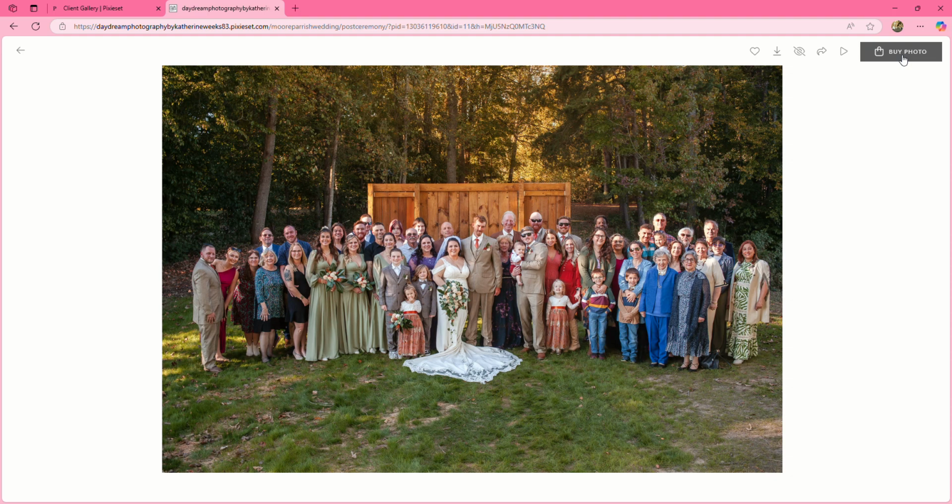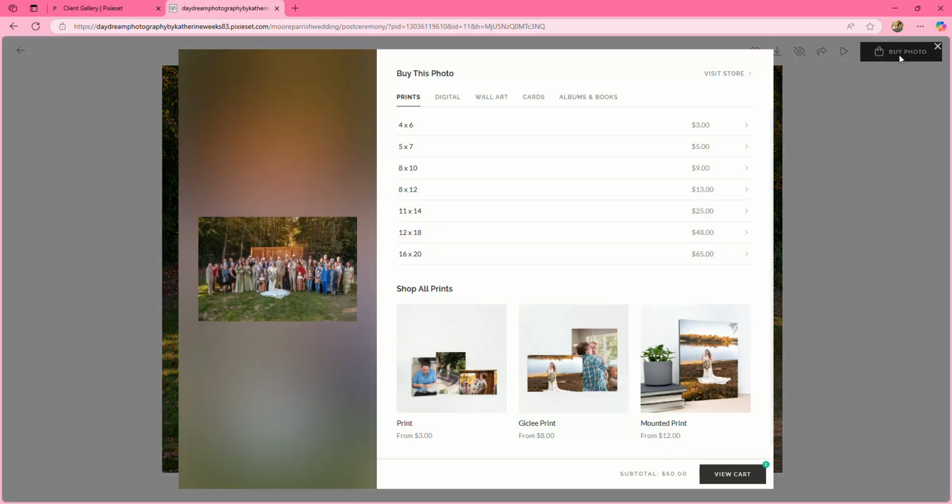So always make sure you are getting the images that you absolutely want. Then you come over here to buy a photo, and we've got a couple of different things to show you. First, we're going to show you a regular print. This is just a regular printed photograph. When I take a photo, you can order it in a few standard sizes without needing to crop anything. For prints, those sizes would be a 4x6,